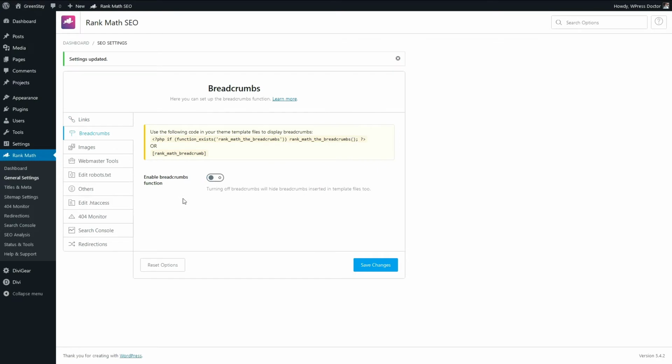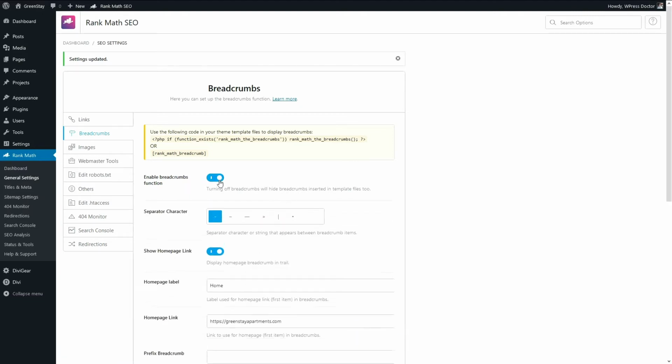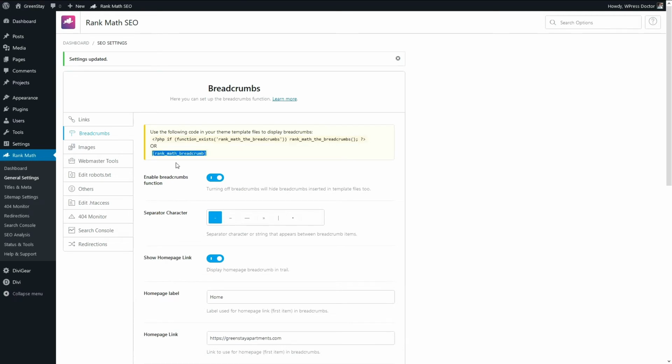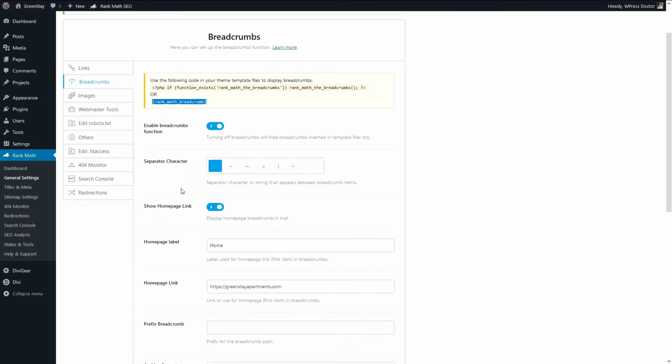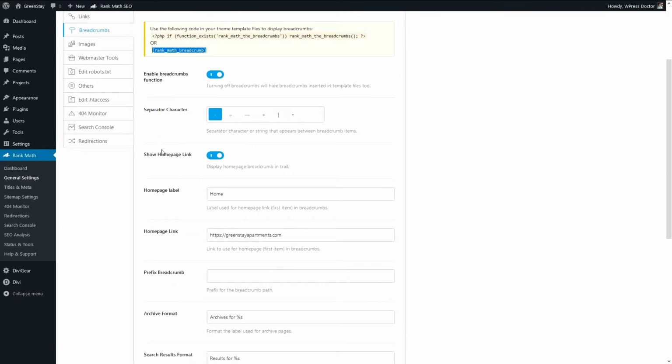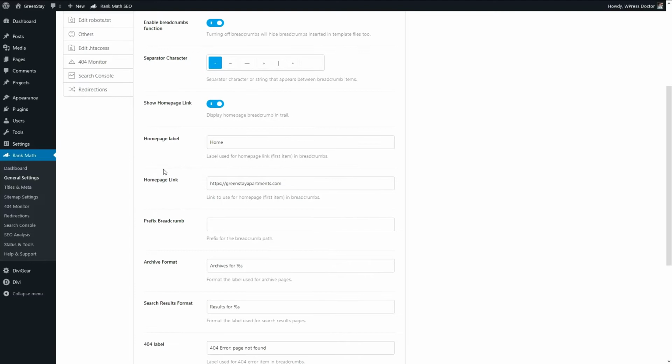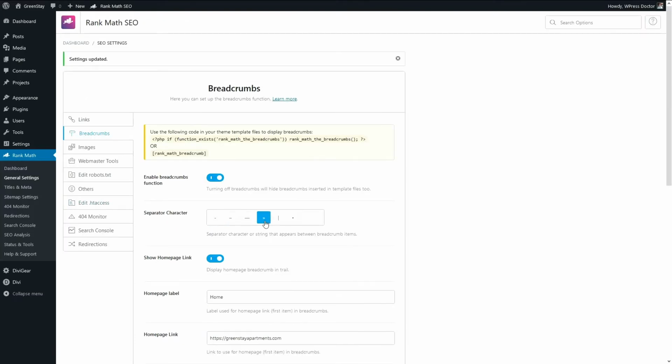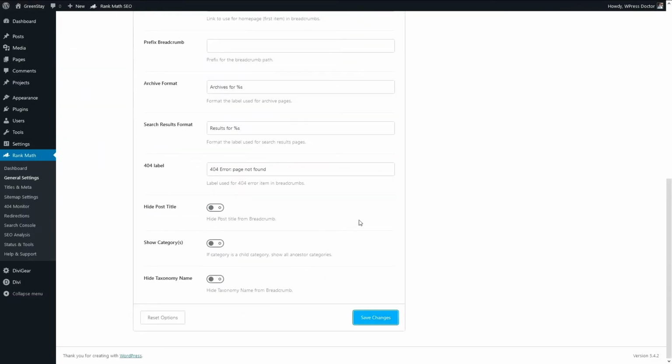Breadcrumbs is a really awesome function within RankMath SEO. We have seen this working also in Yoast SEO, but in RankMath they also implemented it. You can code it in manually or place this shortcode on your page or layout anywhere. This is very handy and you should use this because it's good for SEO, and it's also very user friendly for your visitors, because they always know where they are and how they can move to another page or go back to where they came from. You can change this the way you like. I would like this little separator, and that would be great, and we press Save Changes.